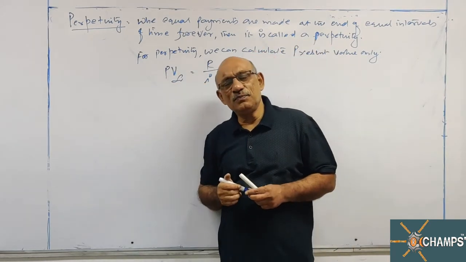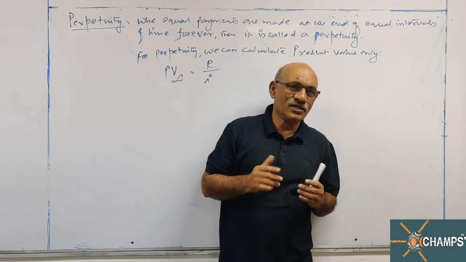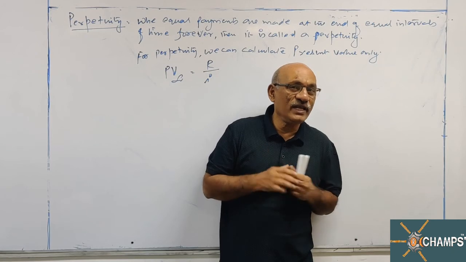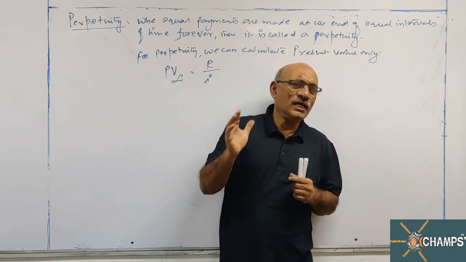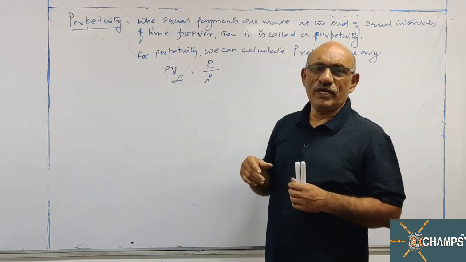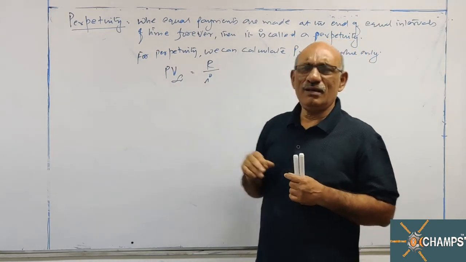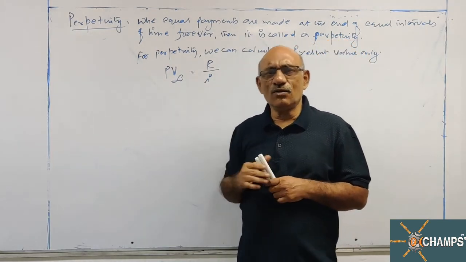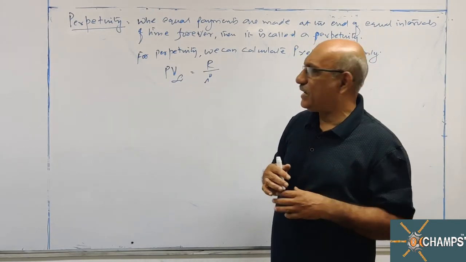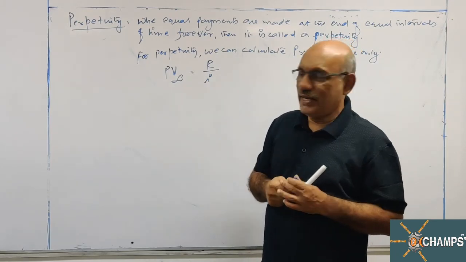Now when will we use this perpetuity concept? There is a trust which gives prizes to meritorious students every year. The trust will go on forever, and it is an example of perpetuity. So this concept of going on forever is a perpetuity. In CA Foundation we have only one question given in the ICAI material, but it is more important when you go to Intermediate and Final. So present value of perpetuity is equal to R by I.